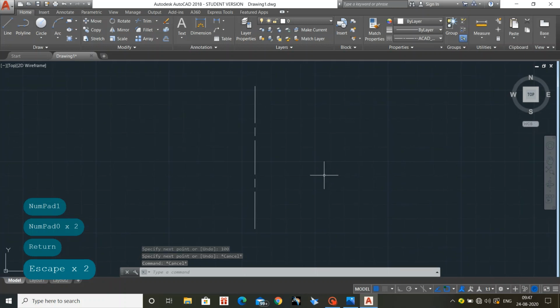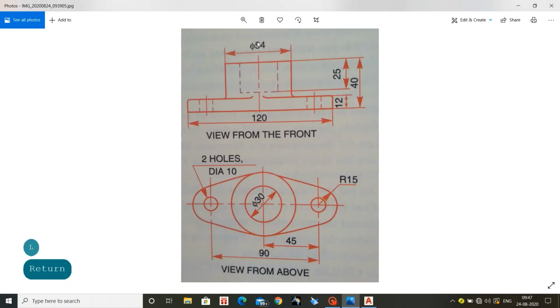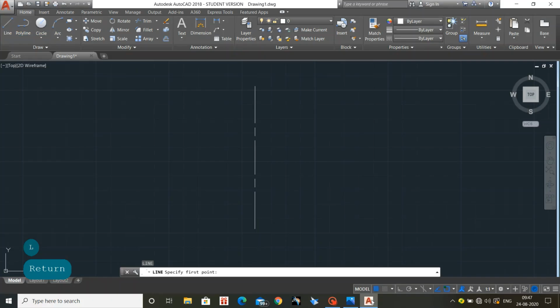So I have drawn a central line here and changed the line type into normal line for drawing the diagram. First of all, I have taken the line. So this is the diagram. This central axis I have considered, and the half on the right side is what I am going to draw. So let's start. I have taken a point on the central axis and I'm drawing a line.